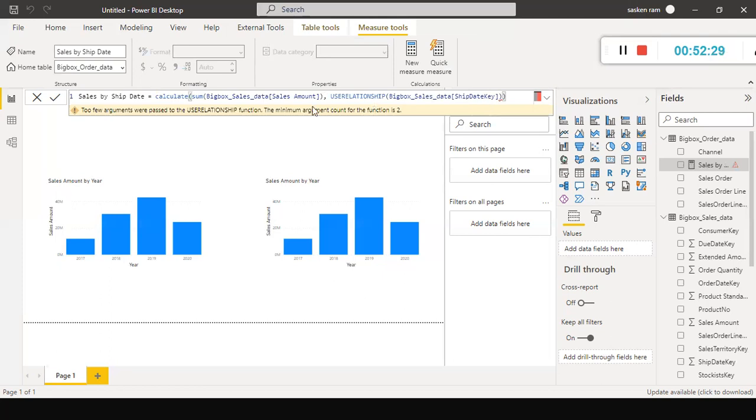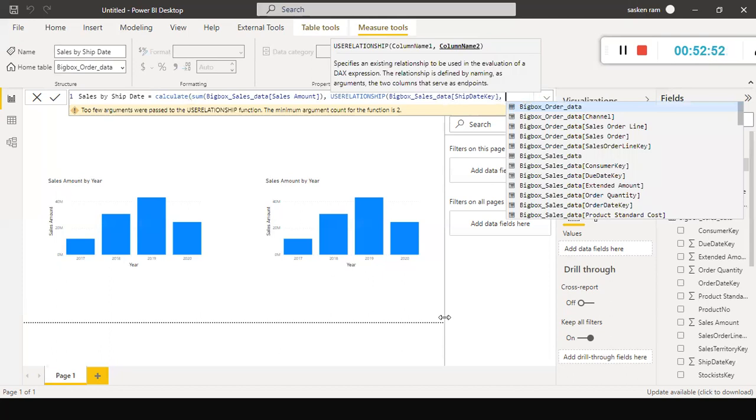Calculate here the sum of this one, and okay. Column 1 and column name 2.